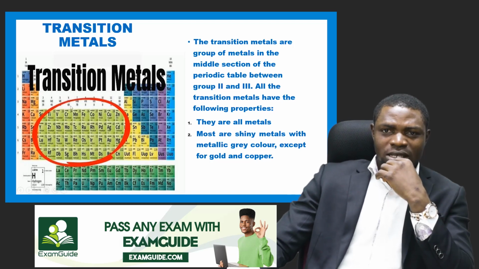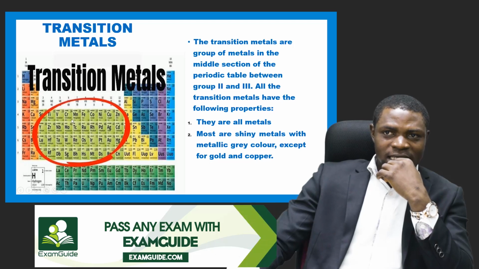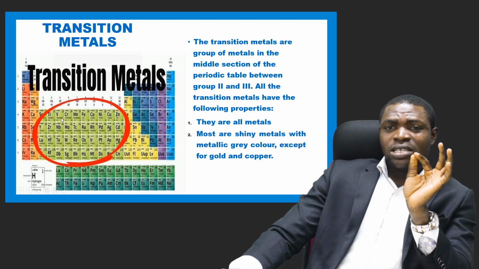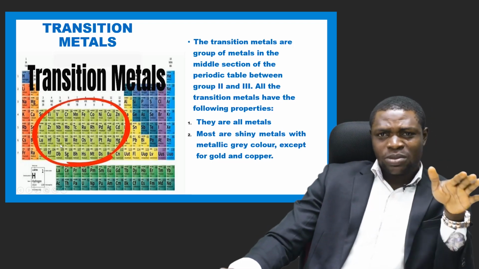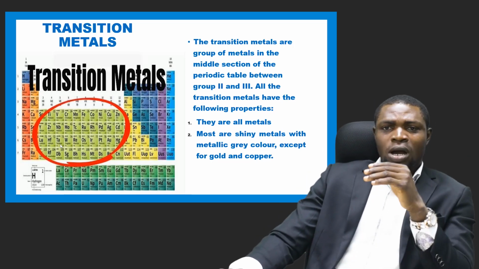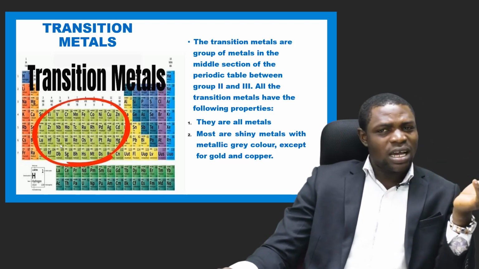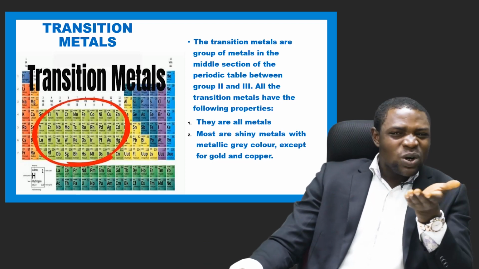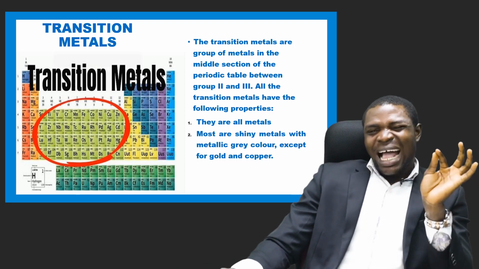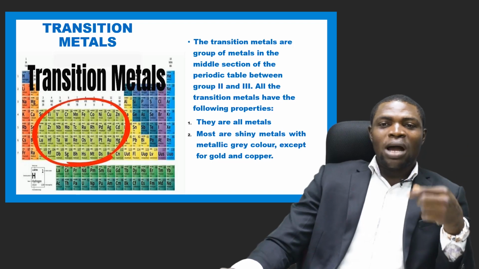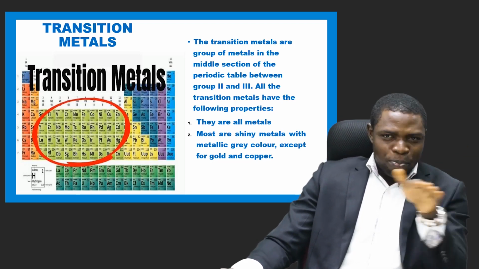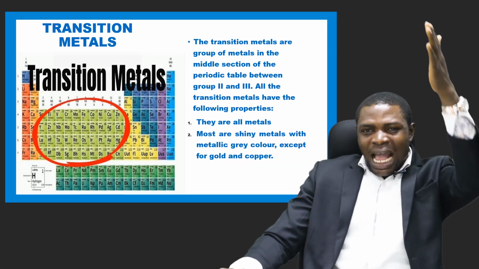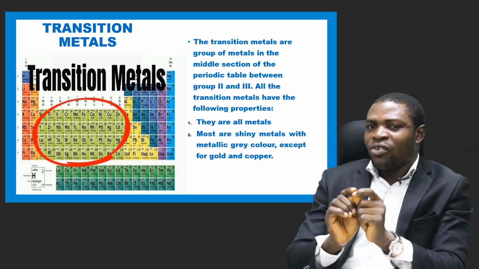Look at this. These are transition metals. I want you to look at it very critically. These transition metals, starting from the first line, the scandium, titanium, vanadium, chromium, manganese, iron, cobalt, nickel, copper, zinc, all of them are arranged according to the atomic number, according to the number of shell in the period, and according to the number of electrons in the valence shell in the group. So let me clarify this